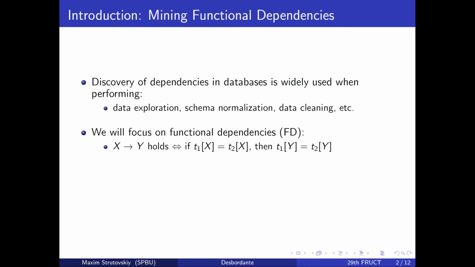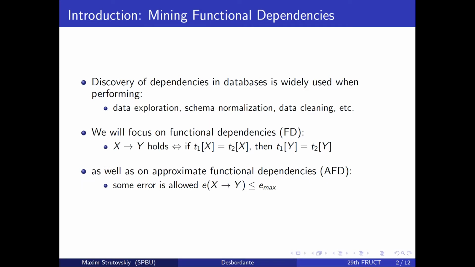In this work, we focus on functional dependencies, which are a specific dependency subtype. Let X and Y be attribute sets. X functionally determines Y if two tuples sharing the same values of X have the same values of Y. However, real data contains typos, missing values, and noise. This results in scenarios when no FD can be inferred, but common sense or domain knowledge implies that such an FD exists and has to be found.